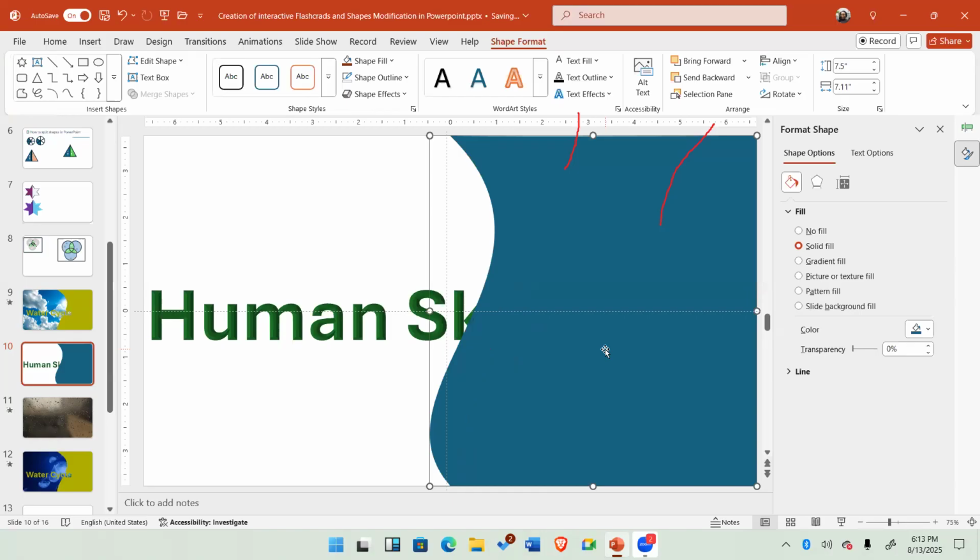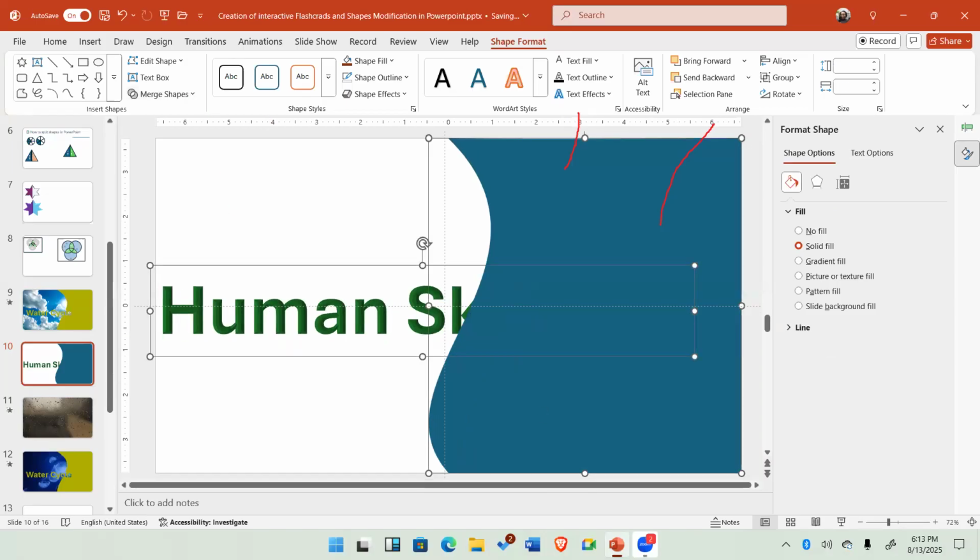And then I'll click on the shape. Hold your control key down to select the text. And come to merge shapes. Merge shapes is what's doing all the magic that we've been looking at. So